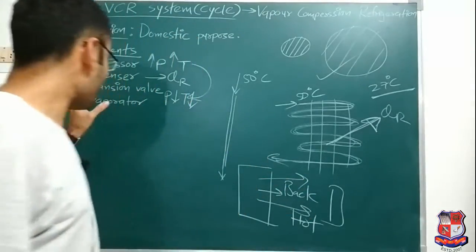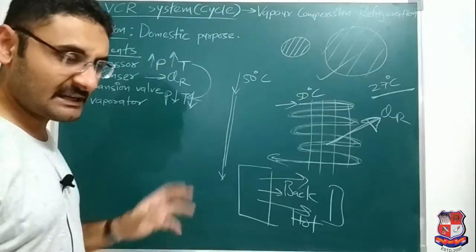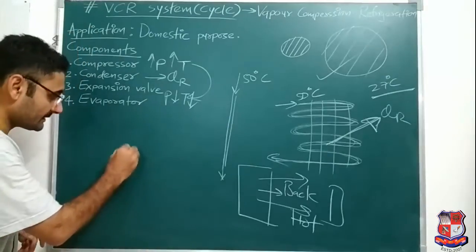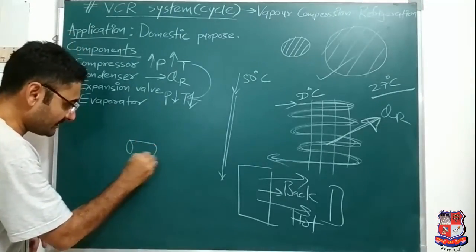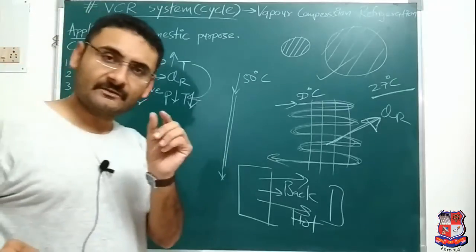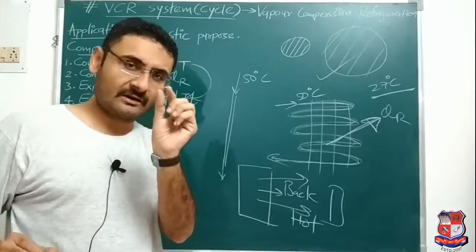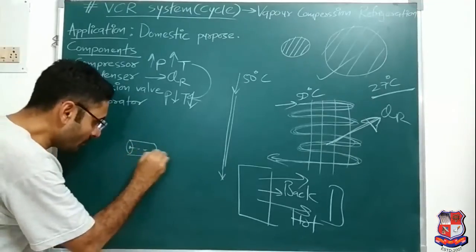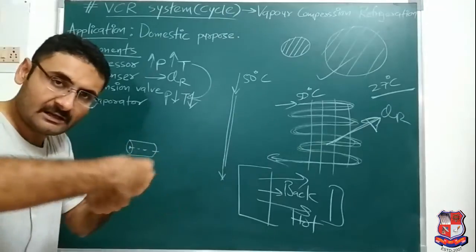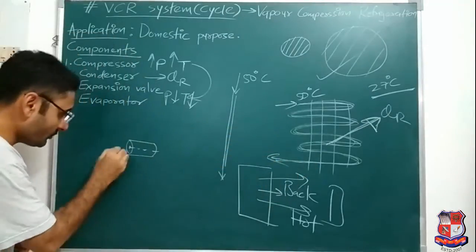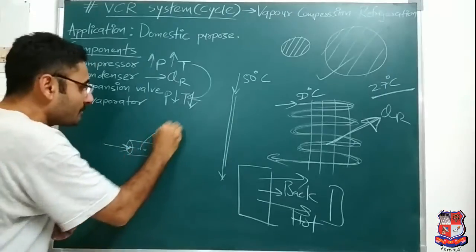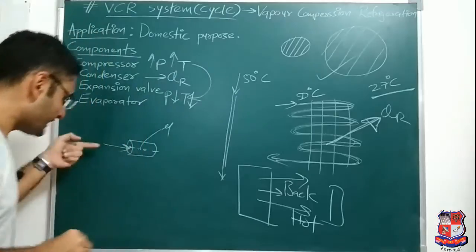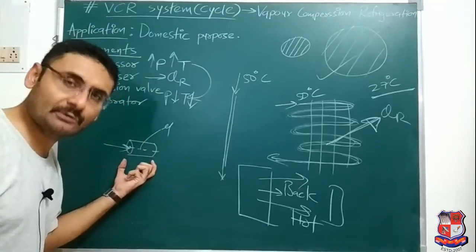Clear about this? Now, if I want to explain the construction, a little bit, how it looks, I can draw a diagram like this. The expansion device is nothing but a small piece of a rod, a very tiny piece of rod, and at the center a 1 micro mm hole is drilled throughout the whole length. That means throughout the whole length, one hole is drilled through. The diameter of that hole is in microns, very, very small. Now that is the expansion device, or you can say throttling valve.